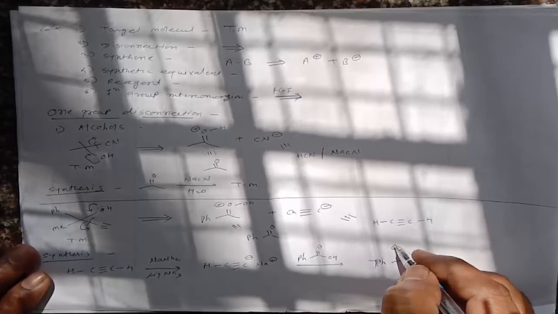And in that, if we are adding this acetophenone, it gives formation of PhC(O-)Na+ with CH3 and along with it C triple bond C, and in that if we are adding ammonium chloride, it gives formation of the target molecule, right? So this is the very simple method to prepare a target molecule by using this method.